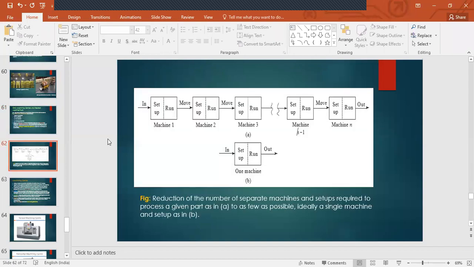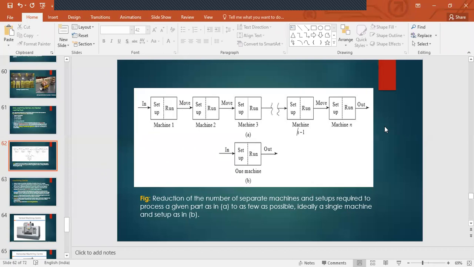So you see what we are trying to do diagrammatically. The part comes in, setup time is required, and then the machine runs to process whatever process was required on the part. It does that, and then it moves to the next machine and the next machine, and so on, up to machine n, however many machines are required.